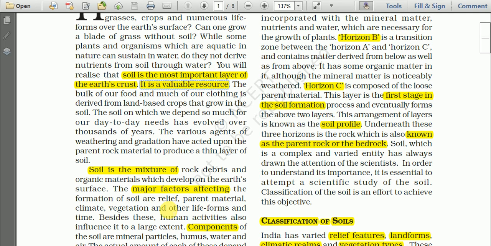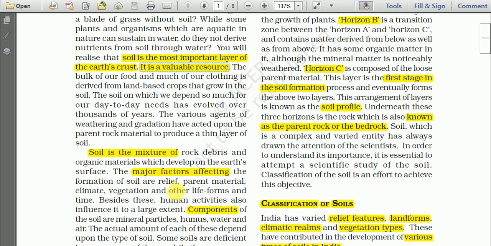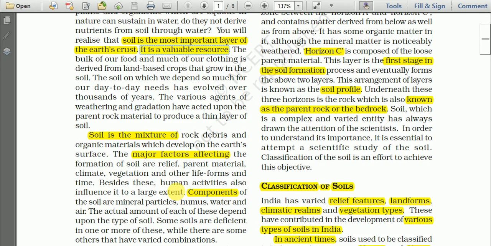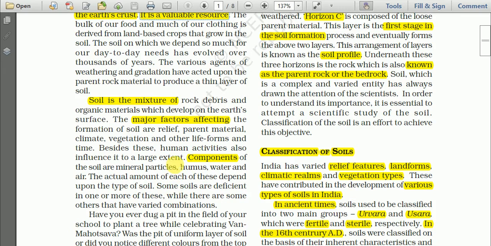That means after weathering a big rock, which we call parent rock, a thin layer of soil is derived. And we know that soil is the mixture of rock debris and organic materials which develop on the earth's surface. So what is soil? Soil is a mixture of rock debris and organic materials developed on the earth's surface,